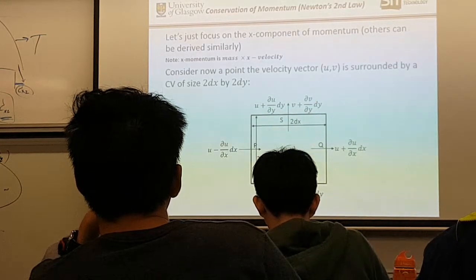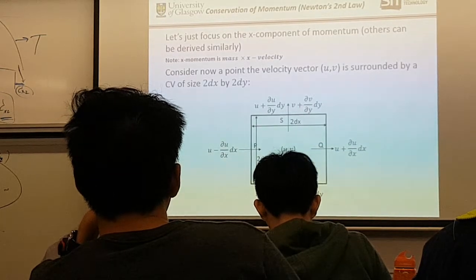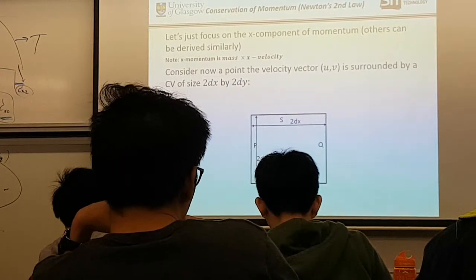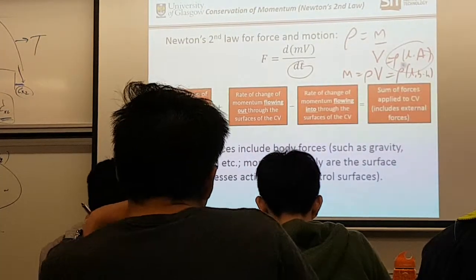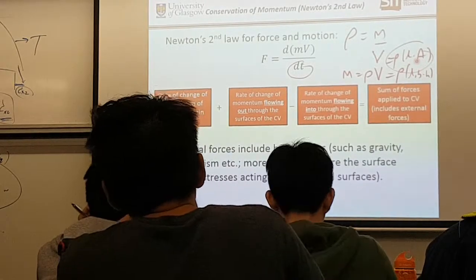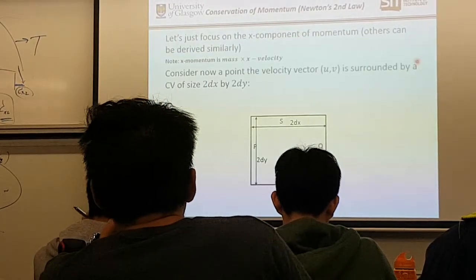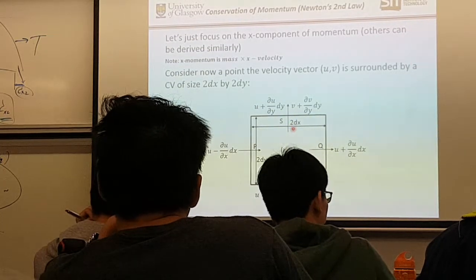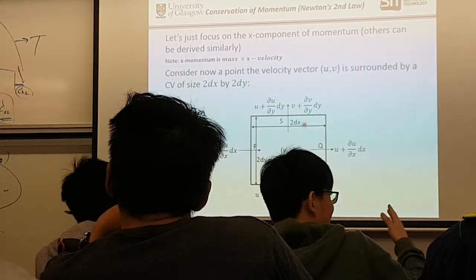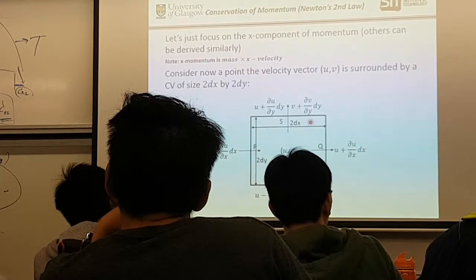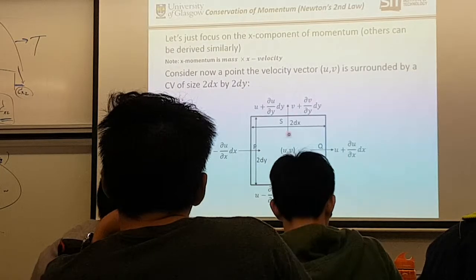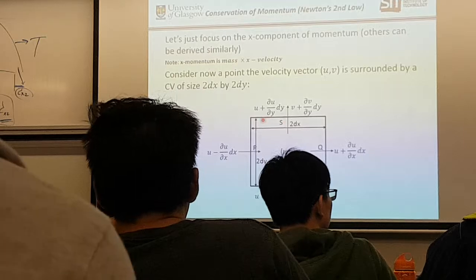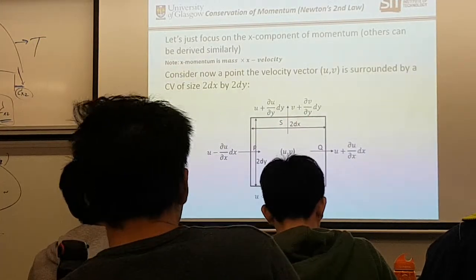Why do I need these 2 terms here? These 2 terms are for me to find the area. In the previous slide, I told you that to find the mass flow rate, I need to know the length times the area. So I need that additional information in the y direction, in both the R and S surfaces, to find the area that the flow is passing through. Understand what I'm saying? This is almost the same thing, because my V is here. So to find the V that's passing through here, that means the delta V,